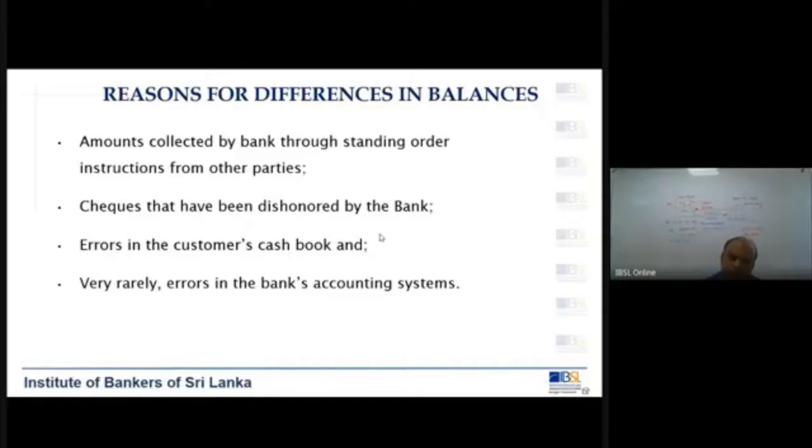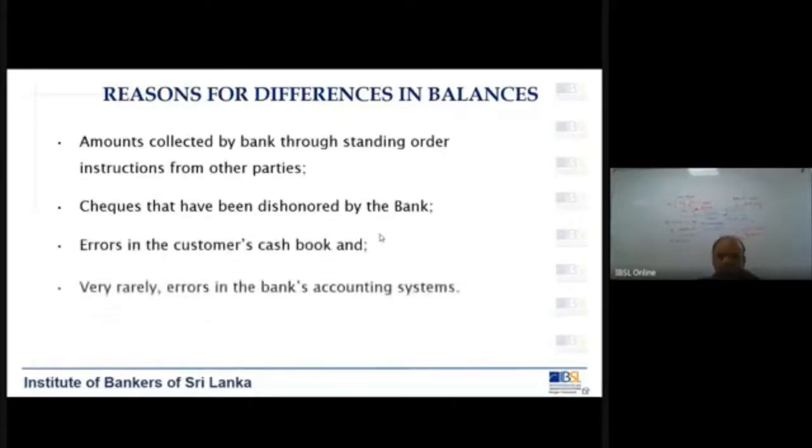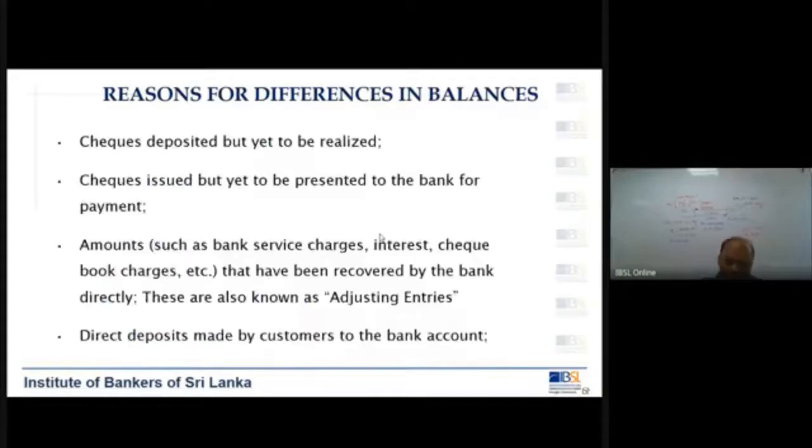So altogether, we have seen about 8 reasons. 8 reasons where the two records, that is your cash book and the bank statement, the two balances being different. Now, in examination, sometimes you will be asked to write these. What are the reasons? Reasons for differences in the two balances. So you have to be aware of these 8. You don't need to write it in the same way that I have given here, but you can take the meaning and write it in your own words. What are the 8 things?